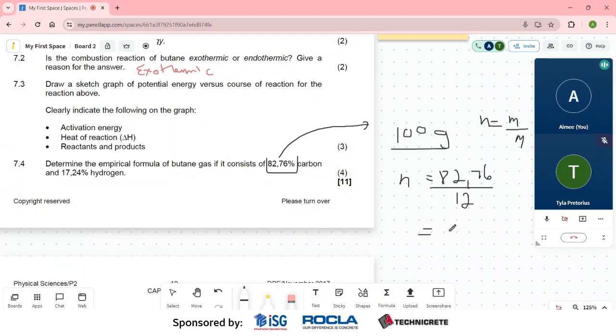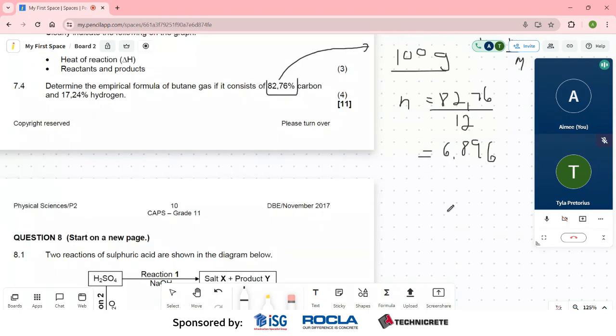So that means the number of moles that we get for this one is 6.896. Then we do the same thing for hydrogen. We say n is equal to 17.24, because we're assuming a 100-gram sample, divided by my molar mass of hydrogen, which is 1, which is equal to